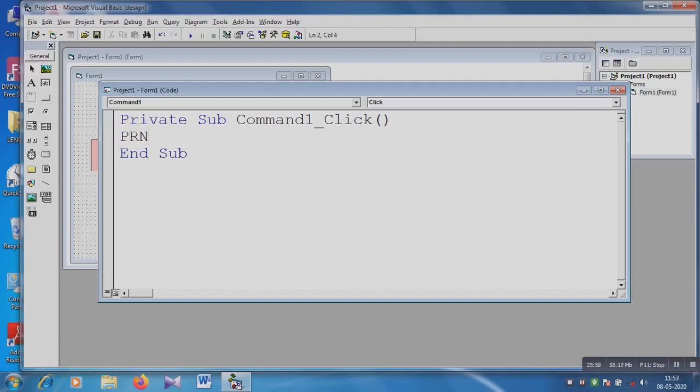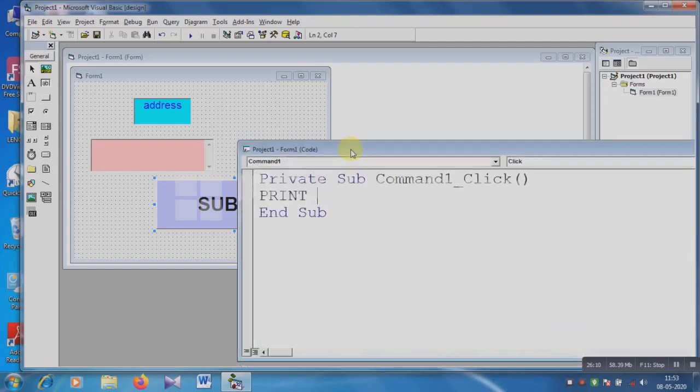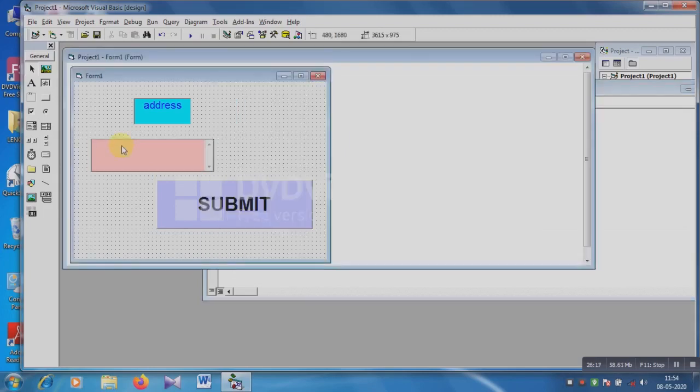The code is Print, and then suppose whatever text is written in the text box will be the output. Suppose we want to print the output, what will be written here: Print, then Text1, this is the Text1 text box.